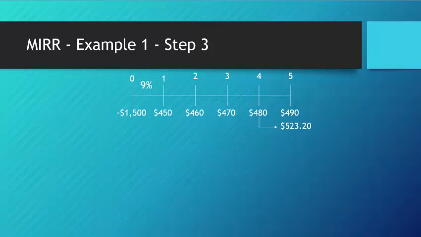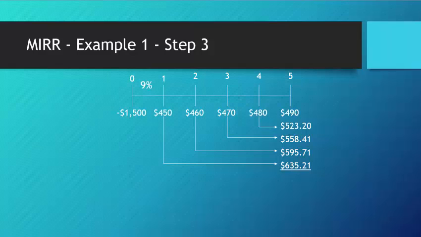So I'm going to take that one and move it once at 9%. It's going to be worth more in time 5 because I'm earning 9% on it. 470 is going to be worth more because I earned 9% on it compounded twice. And so on and so on. Notice I don't do anything with the time 0 stuff because it's negative, and I have to move it to time 0, which was step 2. So I'm going to sum all this stuff, and I get